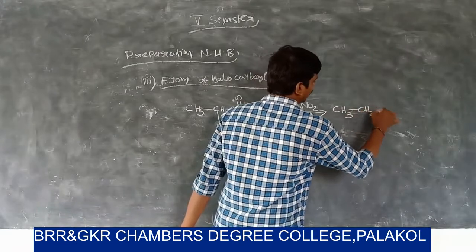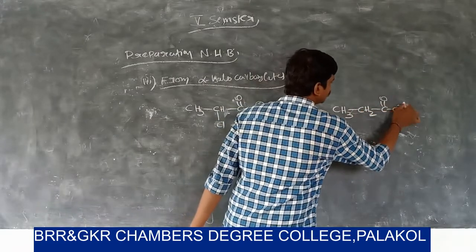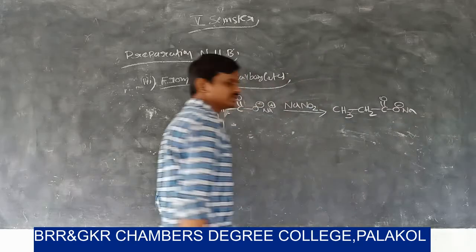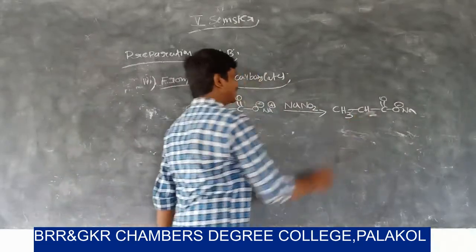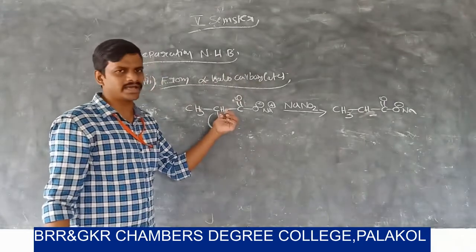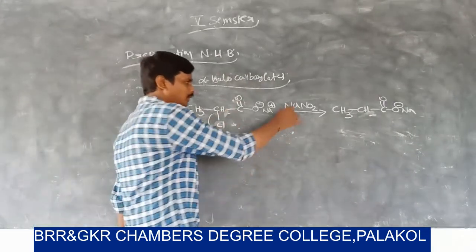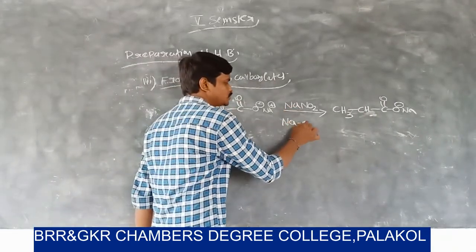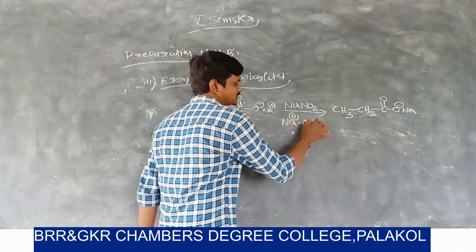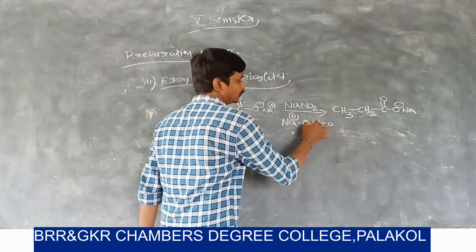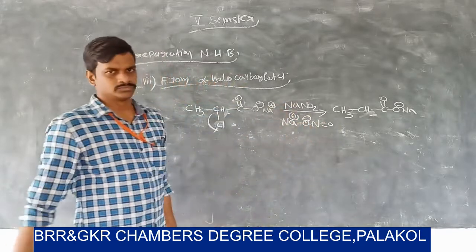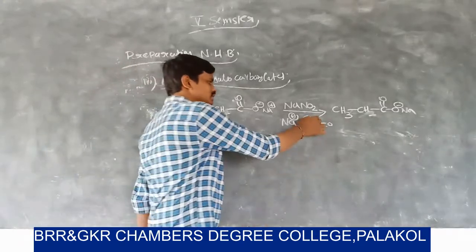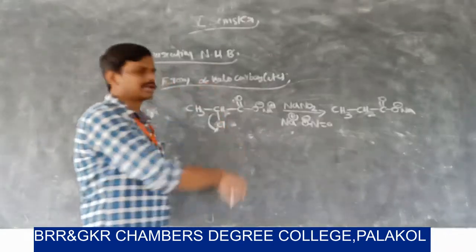In this reaction, the halogen atom is a good leaving group. Then it loses Cl minus. This carbon carries a positive charge. Now here we have sodium nitrite, which means Na plus and O minus N double bonded O. So the lone pair of electrons on the nitrogen atom attacks the carbon atom,